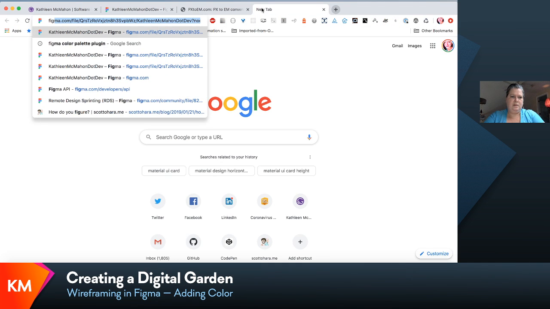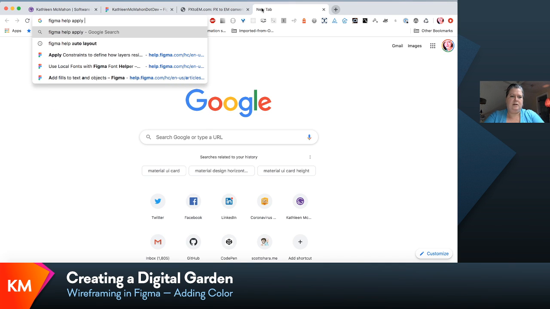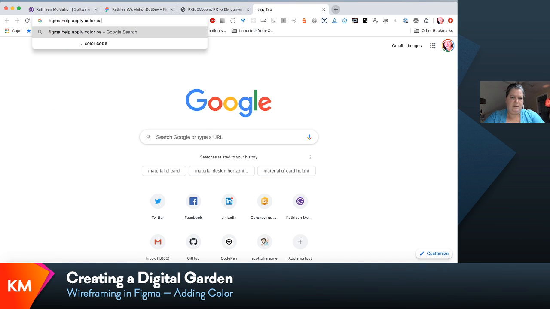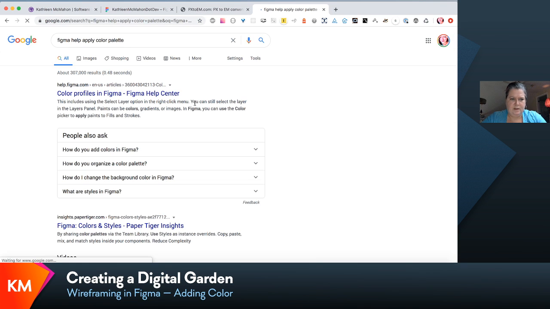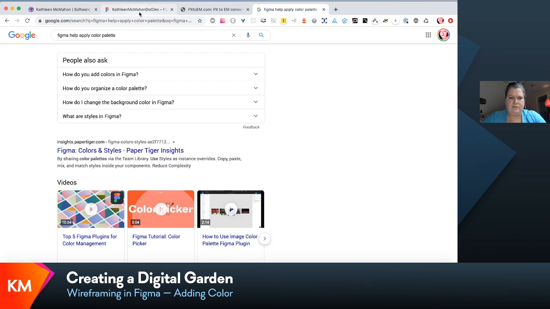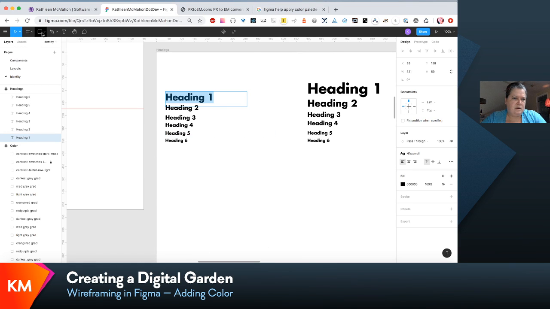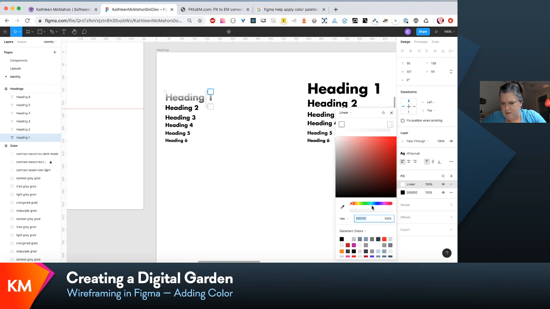So Figma help, apply color palette. You can use color to apply paints, fills, and so on. Awesome. So let's try that first before I even start digging in. Is there a tool in here where if you edit the object, add a fill. I don't want a linear fill. I just want